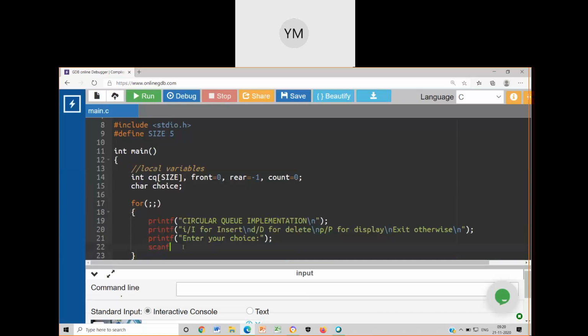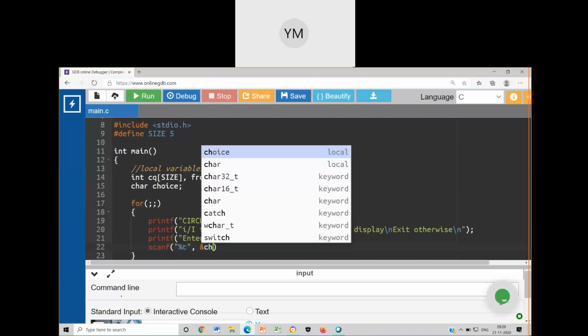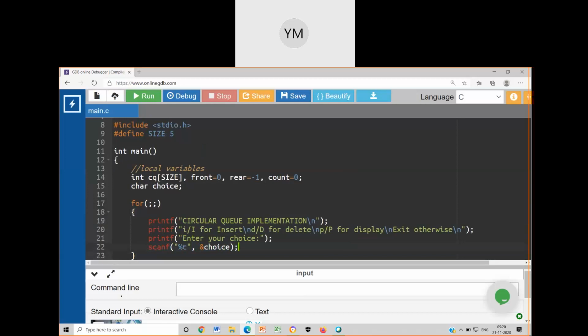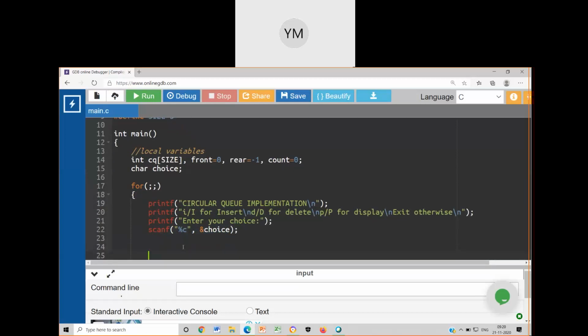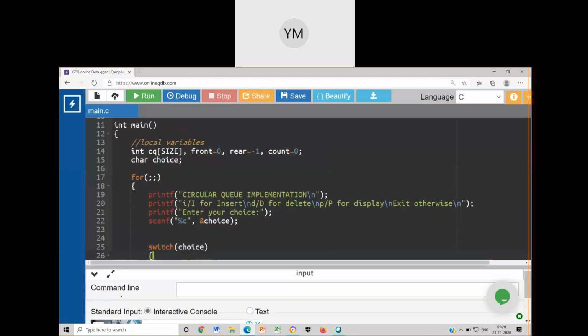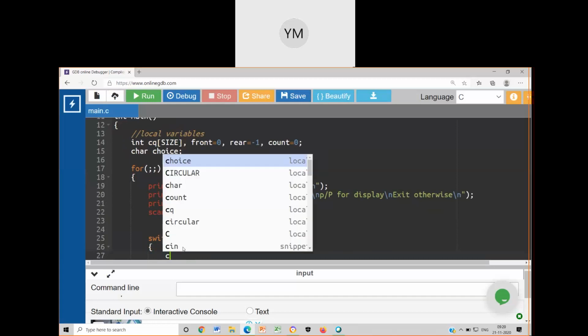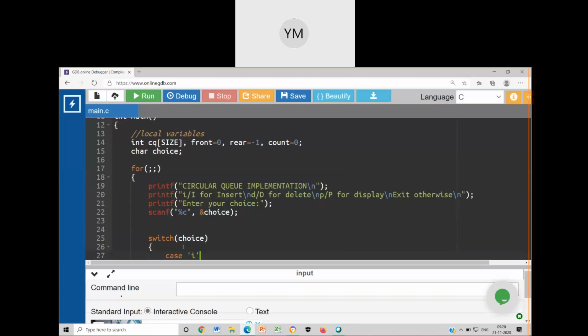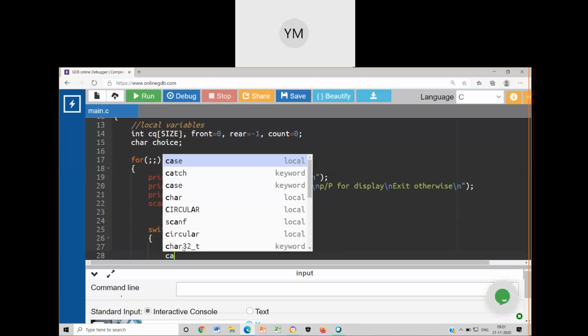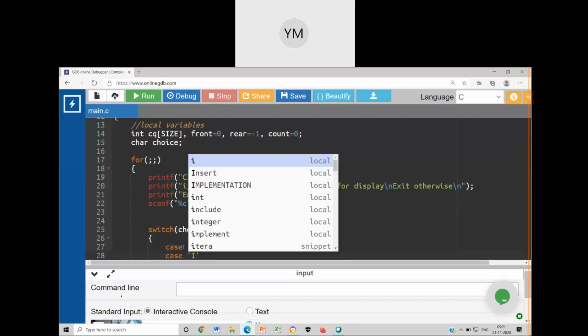So read the character scanf %c, comma, ampersand choice. Next, I'll pass this choice to the switch, and then let me write case single quote I, case single quote capital I.